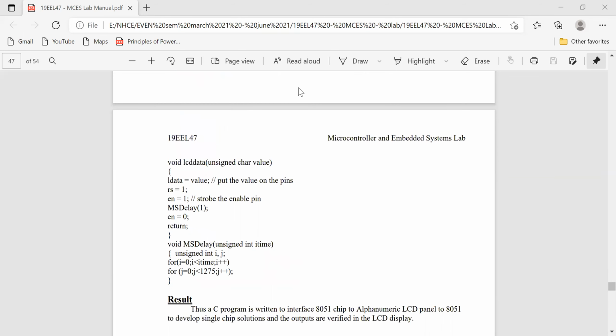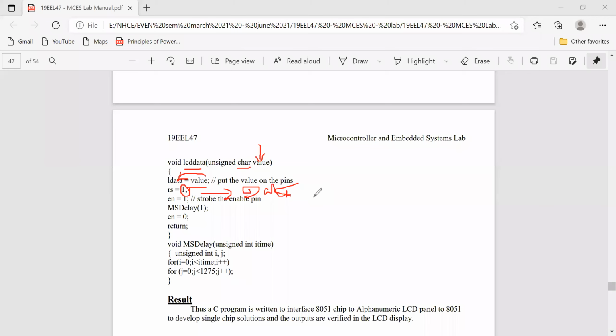Right? In a similar way, after sending a command, you will be sending data. So this function will be called, you are passing your character here, see character, and this character is put on the port. So you are setting RS equal to 1, which is nothing but now you are going to send the data.